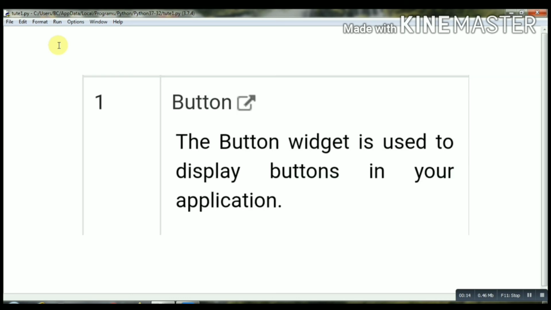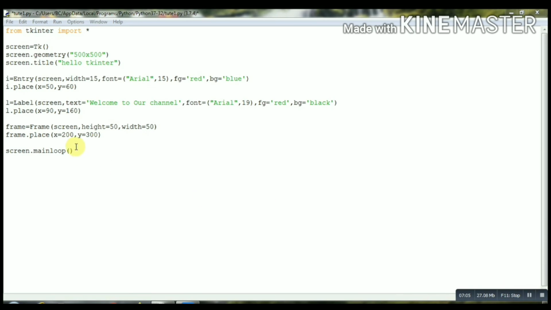Now let's move to another widget, that is button. That is an important widget. You can get the idea from the name only: a button is used to display a button in your application. First we will create a variable named button. We write Button with the first letter capital.